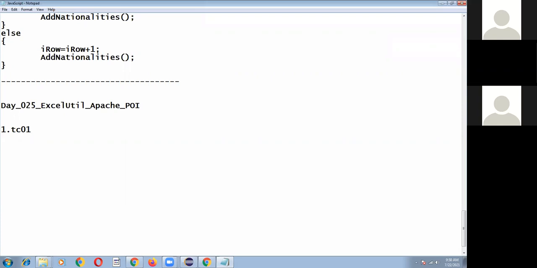Suppose tc01.xlsx is one file, and tc02.xls is another. So the Excel file extension will be like this: .xlsx or .xls. If it is .xlsx, we are going to use